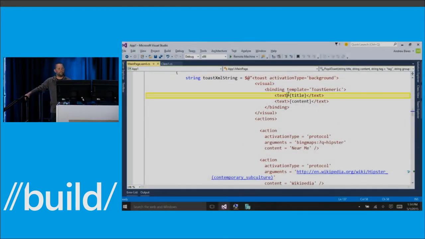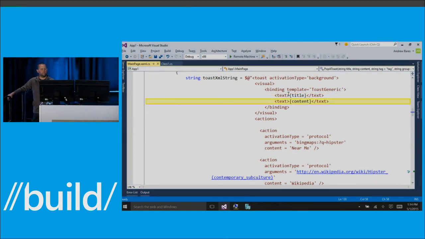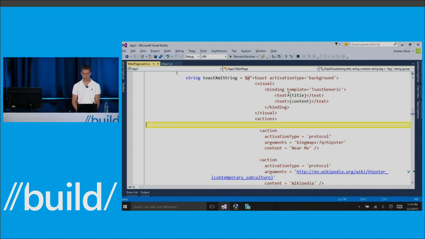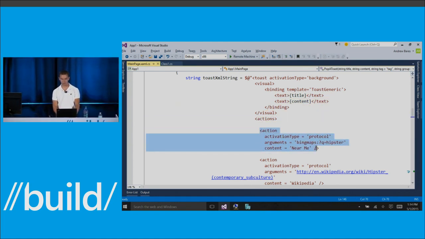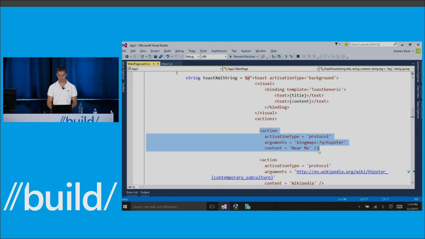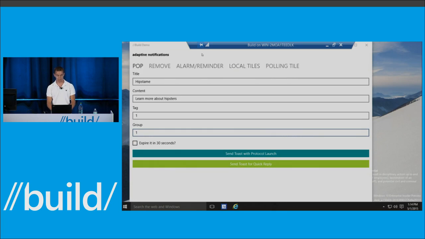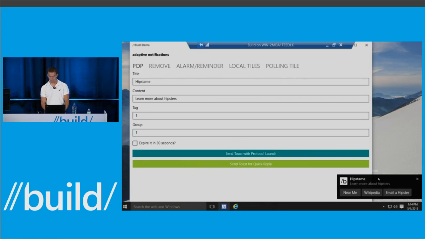And so here we're just constructing the Toast notification payload. As you can see, you put in your title and content in the adaptive part of it. And then the cool stuff is the actions down here. So these are buttons. Those could also be text fields and select lists. And as you can see, you can do those protocol activations. Like this one launches Bing Maps when we click this button. You can launch websites, and you can launch email clients, and also background tasks and other things that Thomas talked about. So we're going to issue that Toast notification here in our UWP.